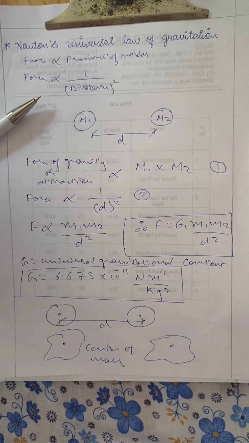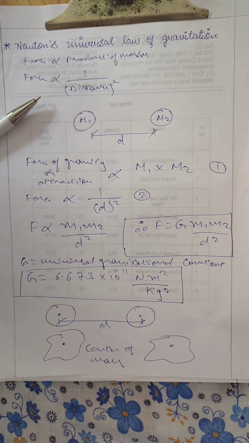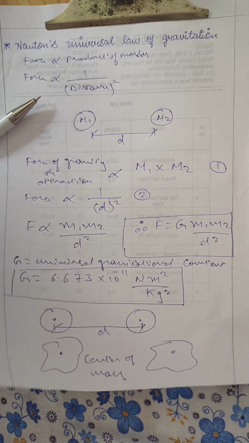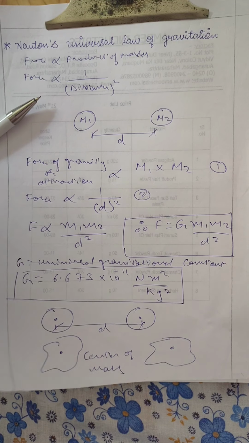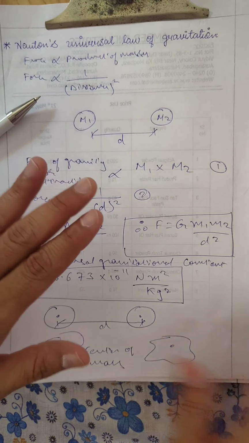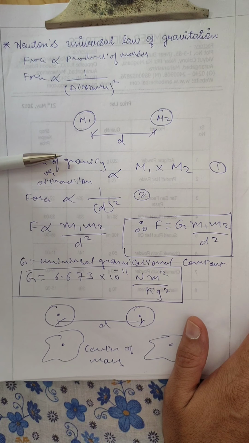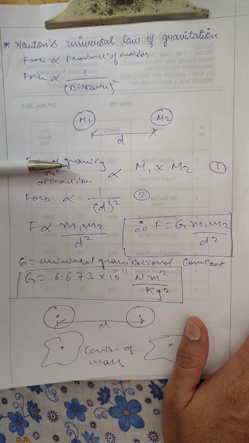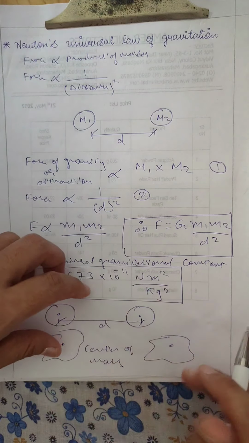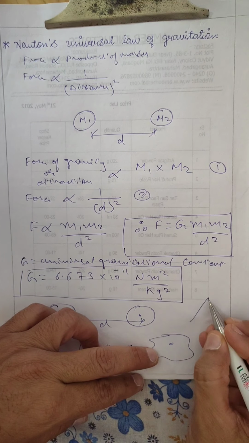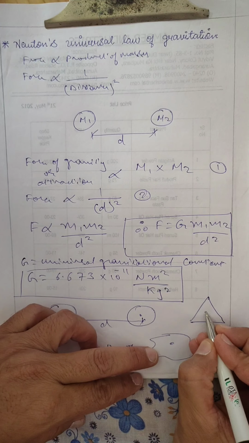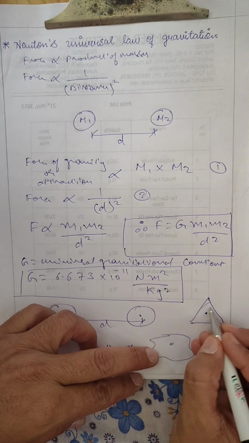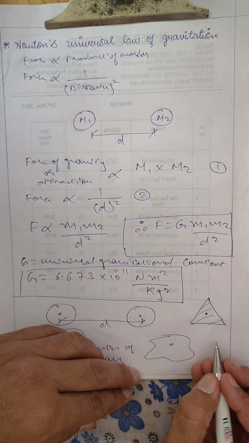And if it is a uniform density, meaning every part... What is density? Density is the mass per volume. If a body is of uniform density, that means the total weight is uniformly distributed, then it is a centroid. Centroid means the center. Like we have already studied in construction, to construct a centroid, a triangle is there, the center, if it is a uniform density, so it is a centroid.